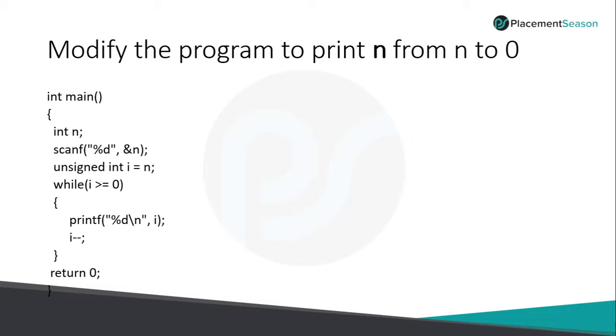Here they are asking you to change the program. They have given the program. It means there is some error in this program and you need to find the error. Either it could be a compile error or it could be a logical error. Mostly they will ask for the logical error. They won't ask for the compilation error because you can easily find it while executing this program. So there is only a chance of asking for the logical error. You need to find the logical mistake and execute the program. So will this program print the numbers from n to 0? Yes or no?